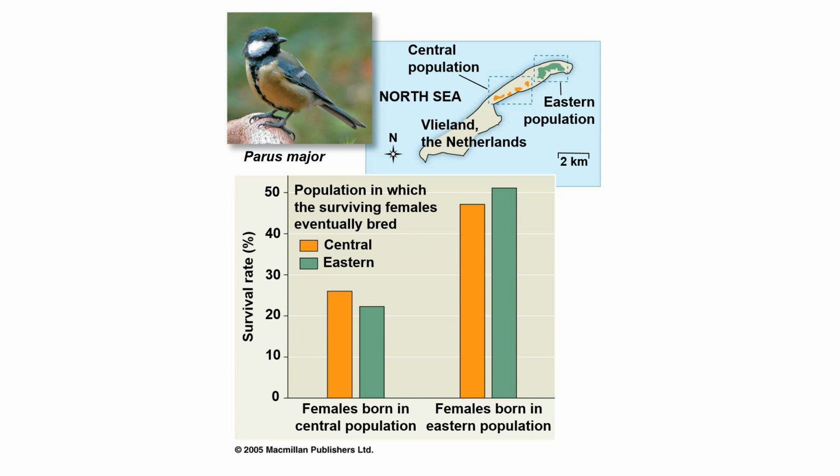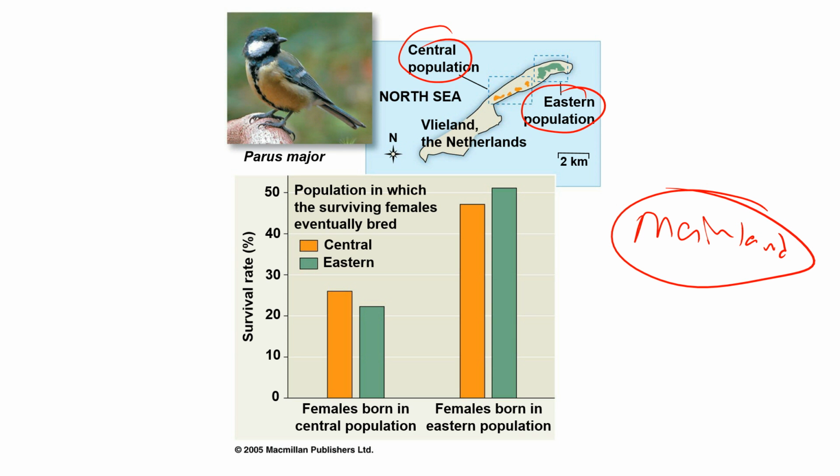So looking at that example, you have the eastern population of birds and central population. And over here, we have the mainland. And you have individuals from the central population migrating into the eastern. You have individuals from the main